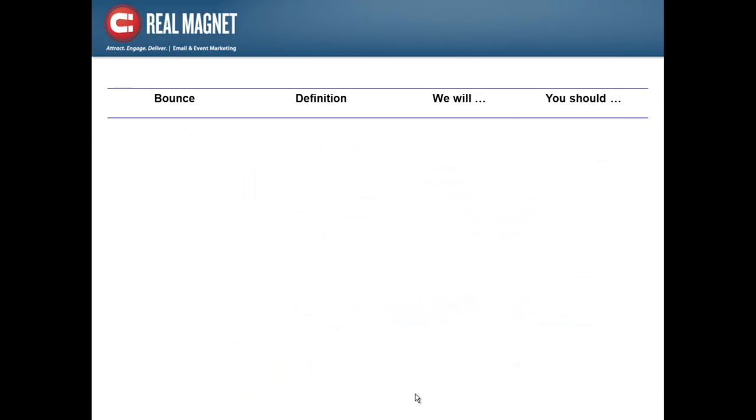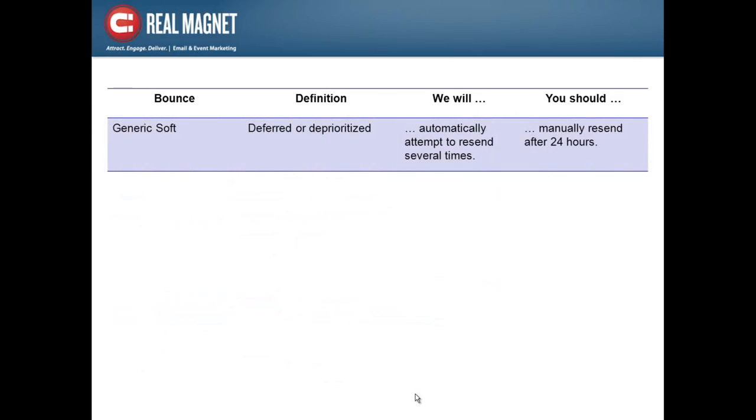Now I'd like to talk about bounce management and list hygiene. There's a broad range of different bounce types that you'll see in your email, in your Real Magnet client application. The most common is the generic soft bounce, and that simply means that the ISP has decided to defer or deprioritize your high volume mail